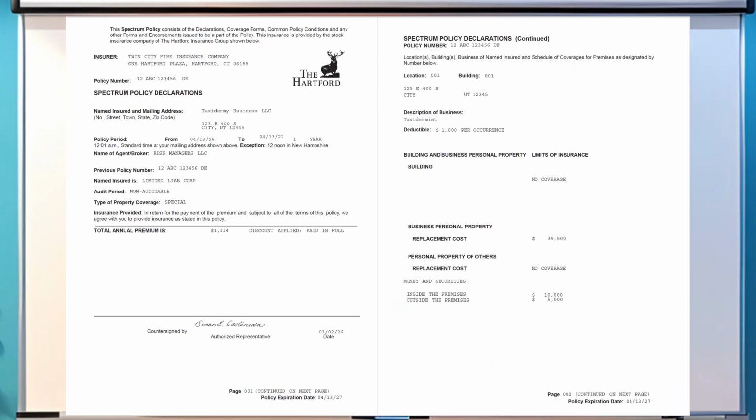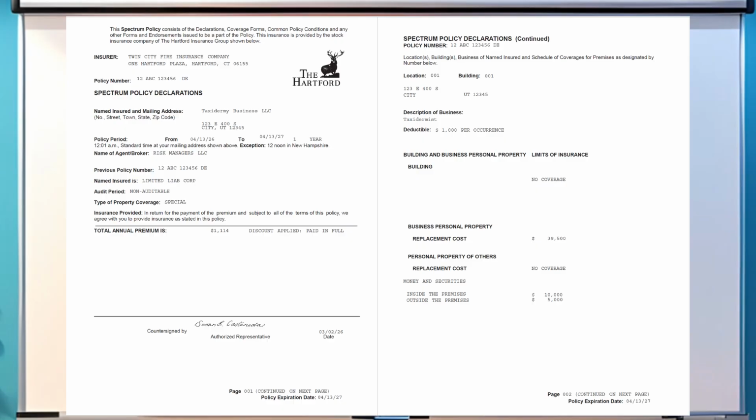If you do not own the building, then you won't want the coverage for the building, unless required by your lease agreement. But you do want coverage for your business personal property. This would be the contents for your business: computers, desks, and inventory, if applicable. These items don't leave the property. Materials and tools and equipment that do leave the property would go under inland marine coverage, which we'll talk about